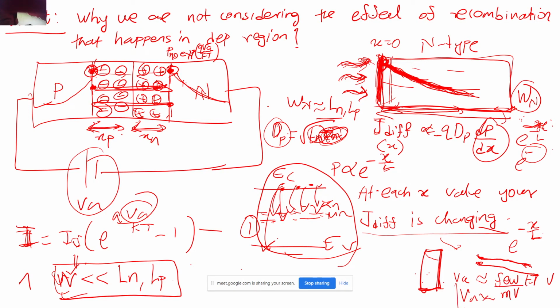So if you apply VA in such small millivolts, then only will you be able to see that the recombination degrades what I am injecting from the left side. The charges won't go as they are to the right side. There is going to be some recombination happening, and this happens when VA is small.